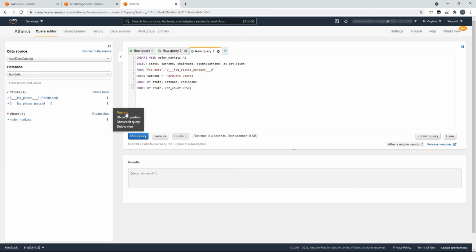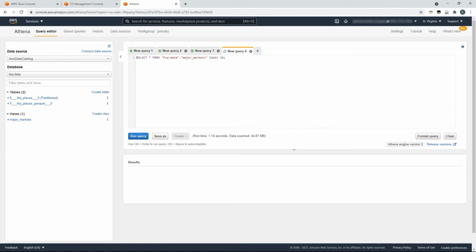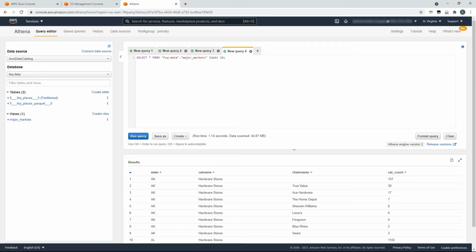these three dots and preview that, we can now see that we have a view which provides us with information about individual states, our chosen category hardware, and the details about individual chains and their presence within that state, and the number of individual shops. Here we're just looking at the state level, but using this data we could drill up or drill down to the country, maybe up and downwards towards the city, or potentially down to the individual trading venue.